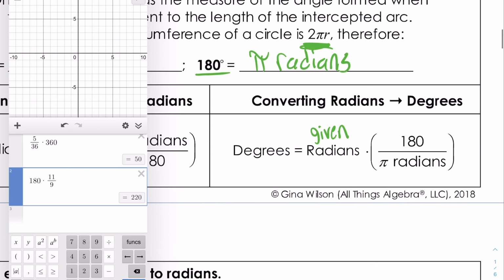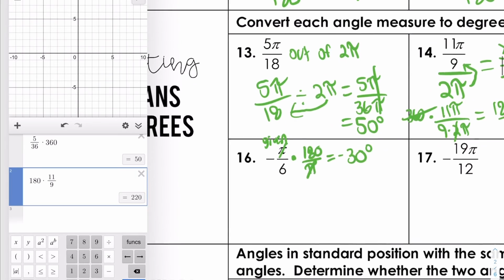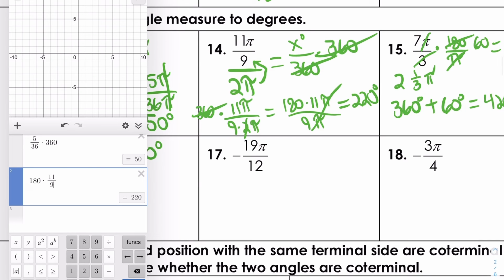And I'll say, go ahead and use this formula when converting from radians to degrees. And if you want to use theirs for degrees to radians, that's fine. But I like my fractions for that. We're going in that direction. Negative 19 pi times 180 over pi. The pi's cancel. 12 fits into 180. That's probably 45, but